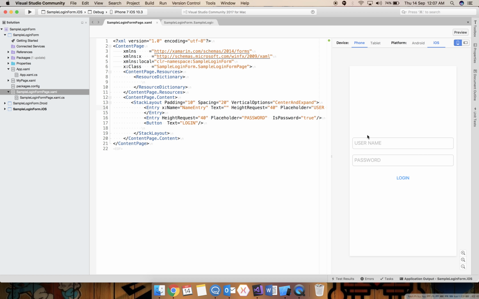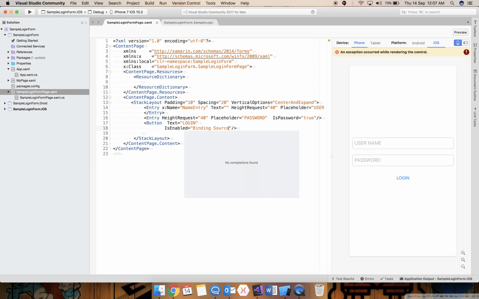This is an example of a value converter, so we can achieve it both ways. It depends upon you how you want to achieve it. For the value converter, we need to write the IsEnabled property. Here you can see that the IsEnabled property takes true or false, but we have the entry's text length. So first we need to bind